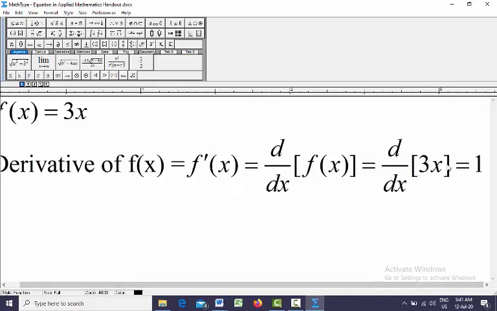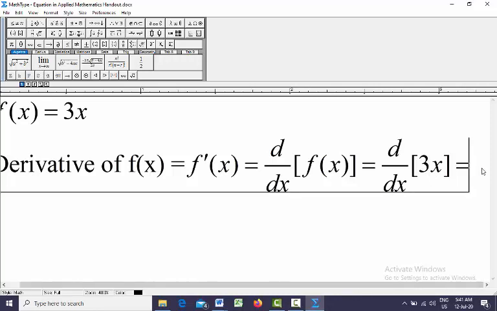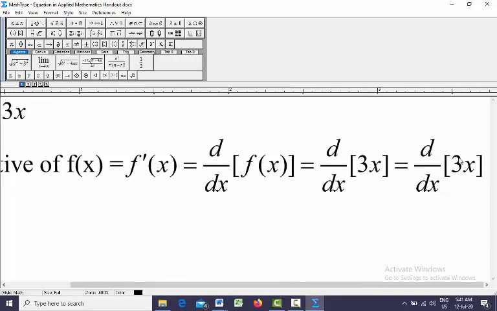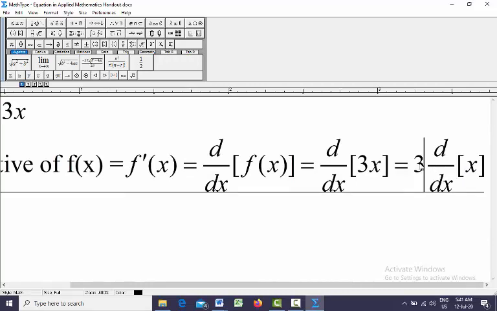If you get something like that, you need to bring 3 outside. So I'm saying again, if you want to do differentiation of 3x with respect to x,